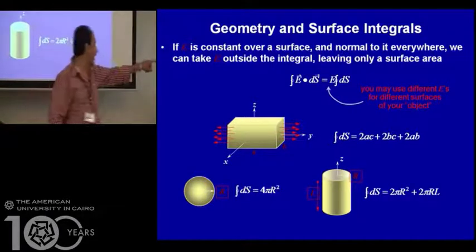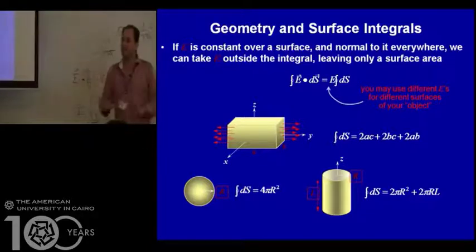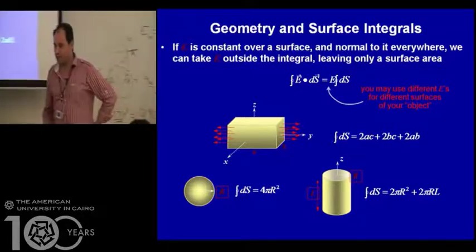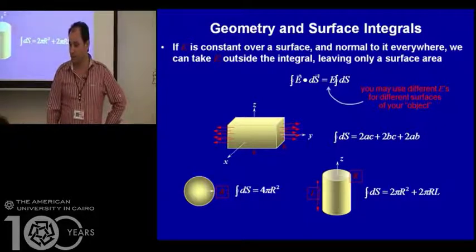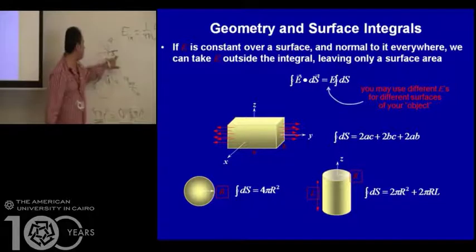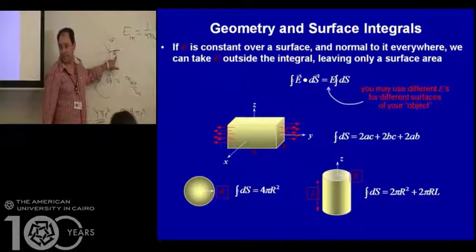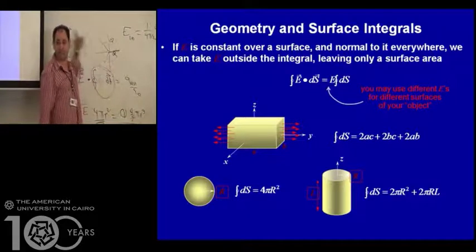R, again, small r, either here or here. Small r means the distance from the center to the point that you need to find the electric field at. Who decides on this r? You mean this r? The problem. I asked you to find the electric field at a distance. If the capital R is 5 centimeters, and I asked you to find the electric field at 2 centimeters and at 7 centimeters,